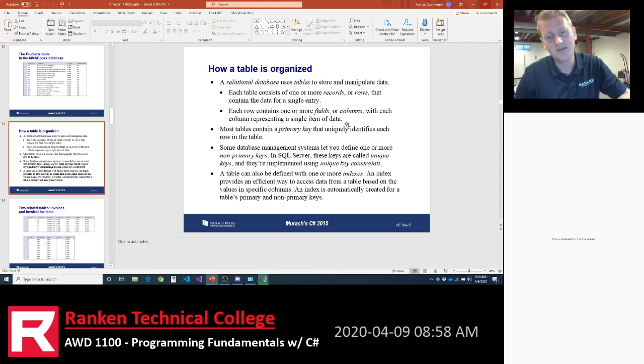Now here's a really important term on the fourth bullet down. This is a really important term that maybe you've heard of before, maybe not. I would guess that you haven't. Most tables contain a primary key that uniquely identifies each row in the table.